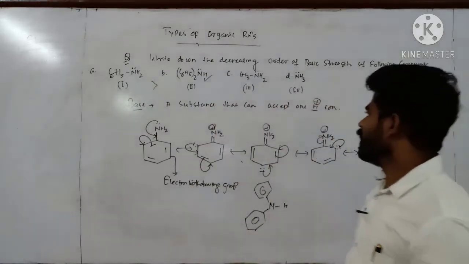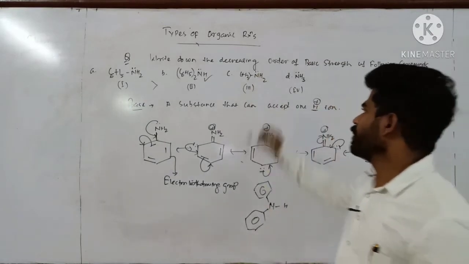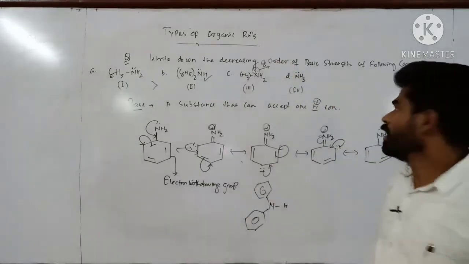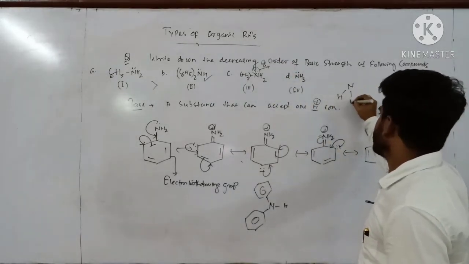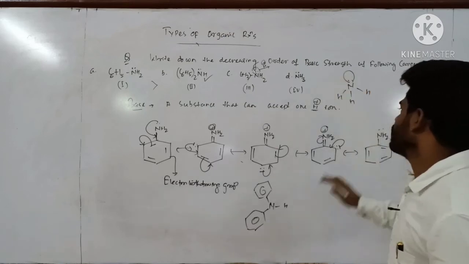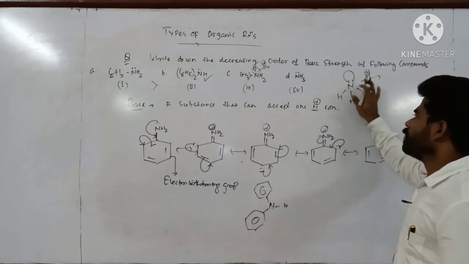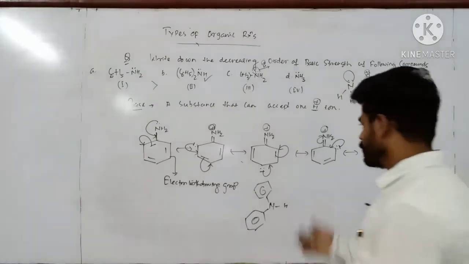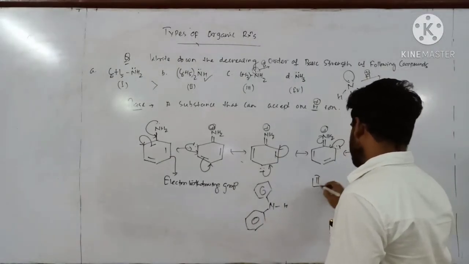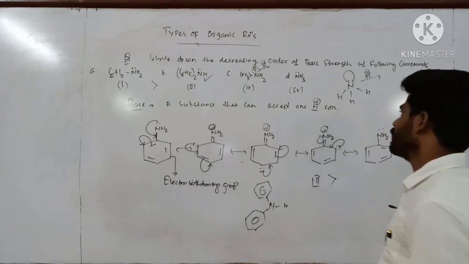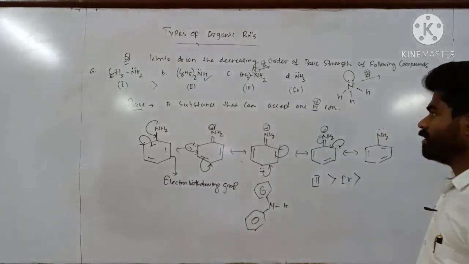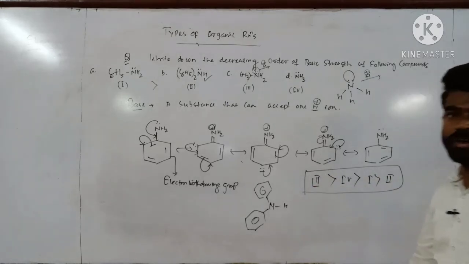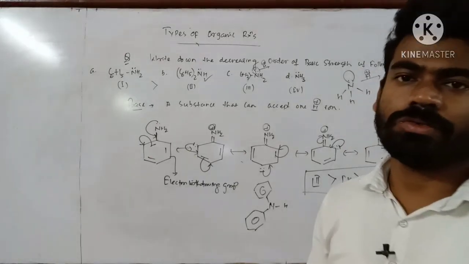Clear? And in methylamine, due to the plus I effect of the alkyl group, the electron density over nitrogen will be more, so that it can easily accept one proton. Ammonia, very weak groups, hydrogens, are attached, so lone pair density is definitely there. It can accept one H plus ion, but that acceptance is a little less compared to the third one. Clear? So what will be the order? The right answer: third one the most basic, then IV, then the first one, and then the second one. This is the decreasing order of basic strength of these compounds.